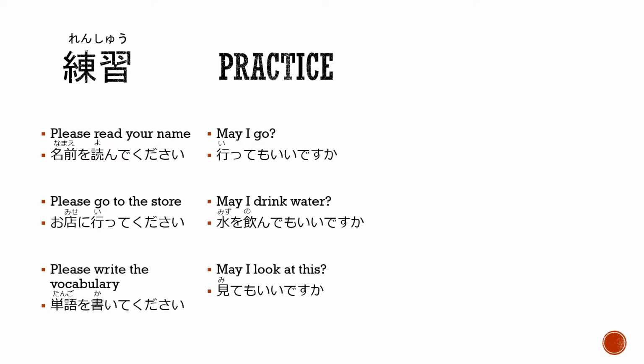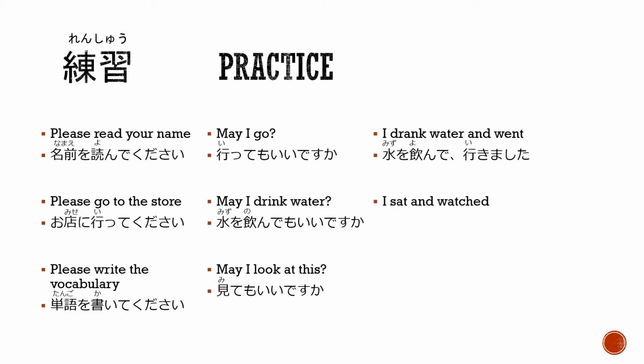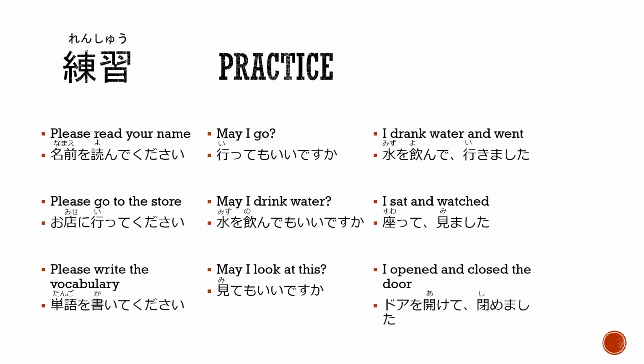We also learned how using te, we can string together verbs. How would you say, I drank water and went? 水を飲んで行きました。What about, I sat and watched. 座っていました。And finally, I opened and closed the door. ドアを開けて閉めました。